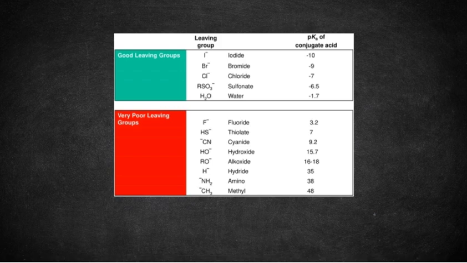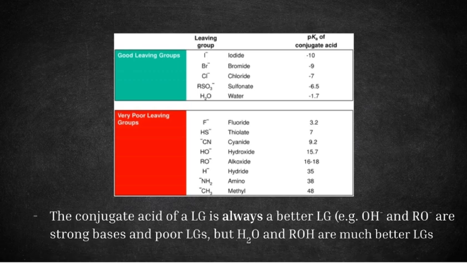An important point to note is that the conjugate acid of a leaving group is always a better leaving group. For example, hydroxide, OH-, and alkoxides, RO-, are strong bases and poor leaving groups. However, converting them into their conjugate acids by adding a strong acid makes them much better leaving groups. The pKa of the conjugate acid of a protonated alcohol is the same as that of hydronium, H3O+, which is